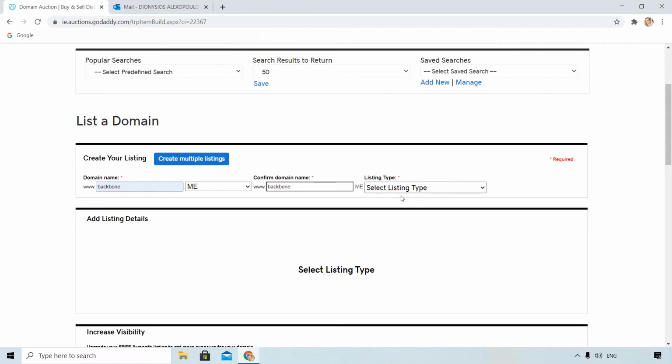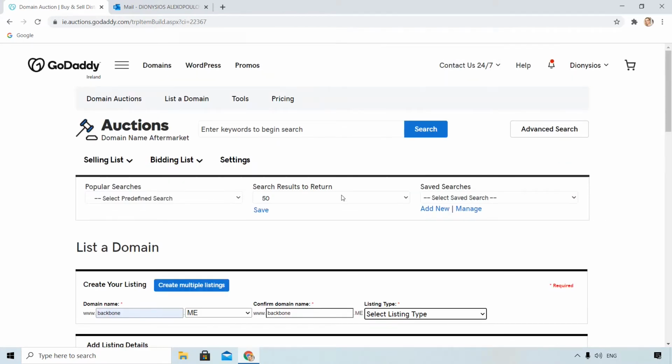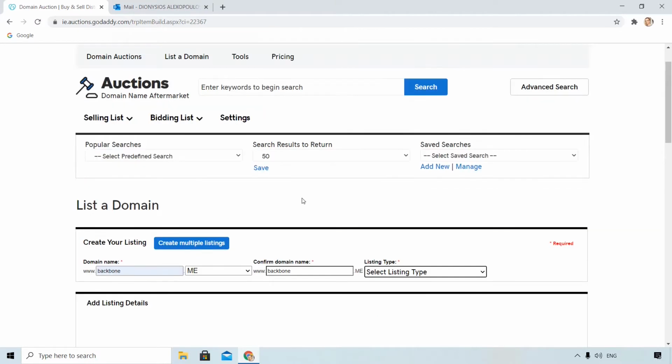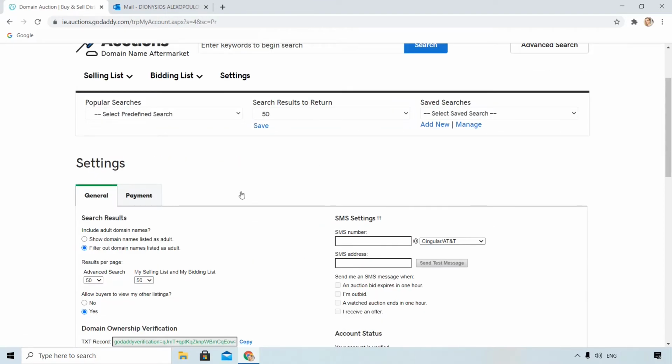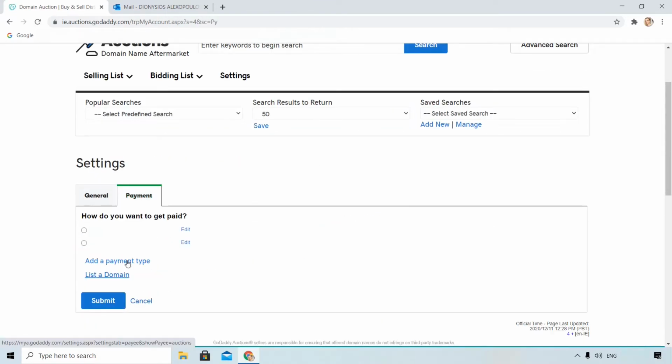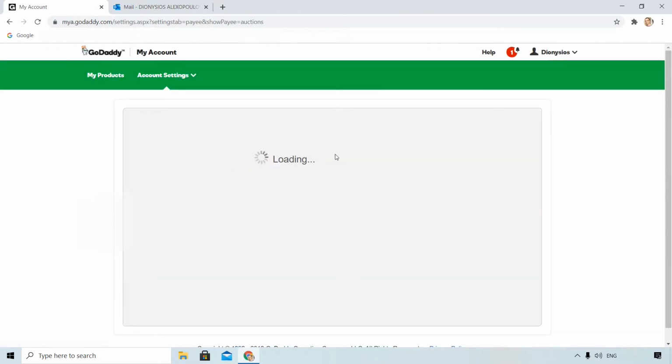Let's see the listing types. But before that, I forgot something important. Before we list our domain, we need to be sure that we have provided GoDaddy with our payment details in terms of where we will withdraw our money. Click here up right, settings, and on the tab payment you need to add your payment type, where your money goes.